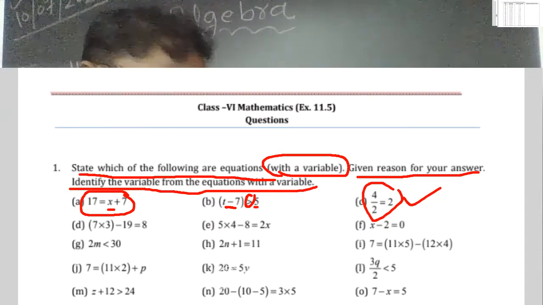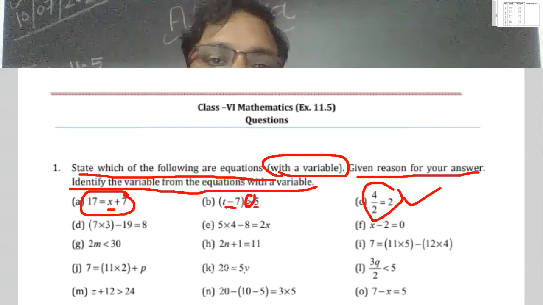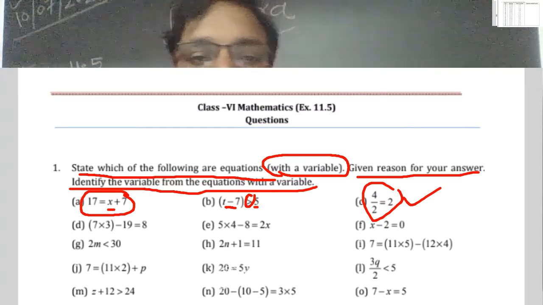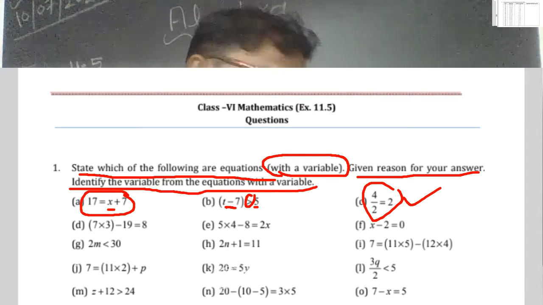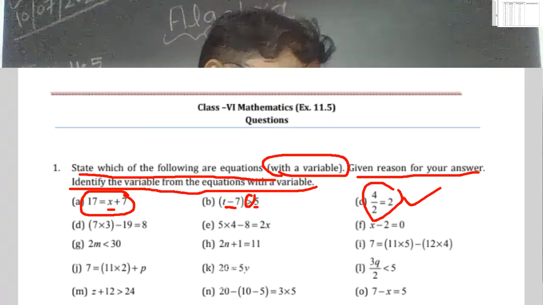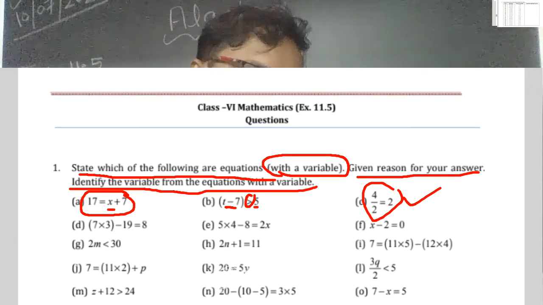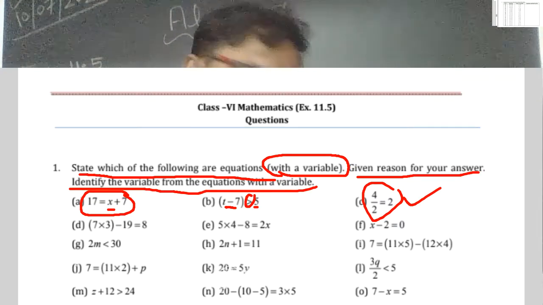Okay. So an equation has an equal sign. If two expressions have an equal sign, then you can say this is an equation. If there is a greater than, less than, greater than or equal to, or less than or equal to sign, then that is not an equation. Okay, so student, I hope all of you understood what an equation is. An algebraic equation is a statement that two expressions are equal.